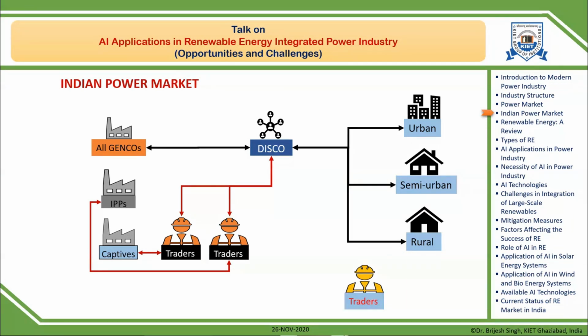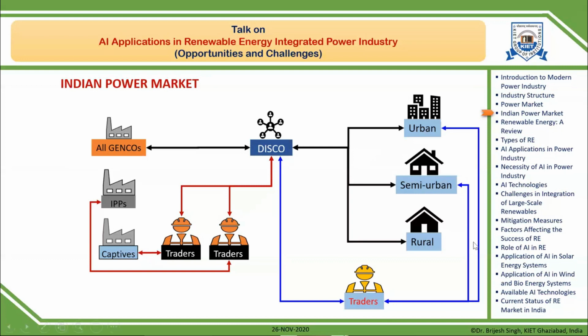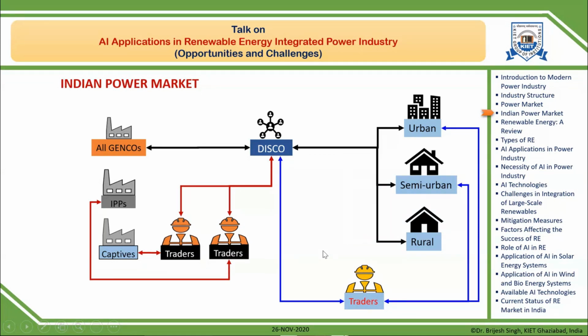Then one more new kind of trader comes into the market, and they make contracts with the consumer, in between the consumer and distribution companies. So you can see here the number of participants. Initially, there were only three participants: Gencos, Transcos, and distribution corporations. But now traders are involved in the market operation, and they are delivering the power through various means to all the